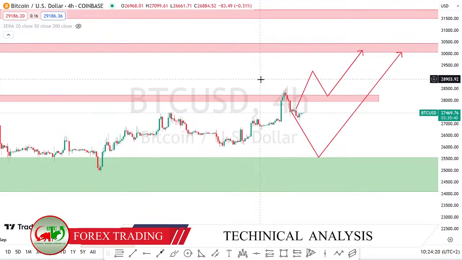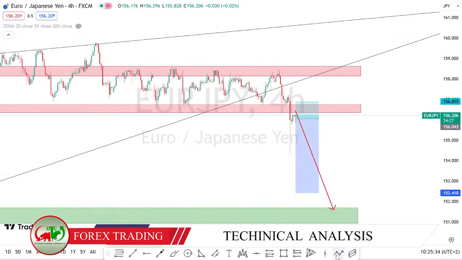If we get a signal at this resistance, of course, we are going to look for selling opportunities because the price broke our support. Okay, and now it is making a retest. If we get a signal there, we can look for sell opportunities, and there is a high chance that Euro Japan yen could even pull back toward this deep pullback resistance. Therefore, if it does not give us a signal over here and continues higher, we can even look for sell opportunities over there.